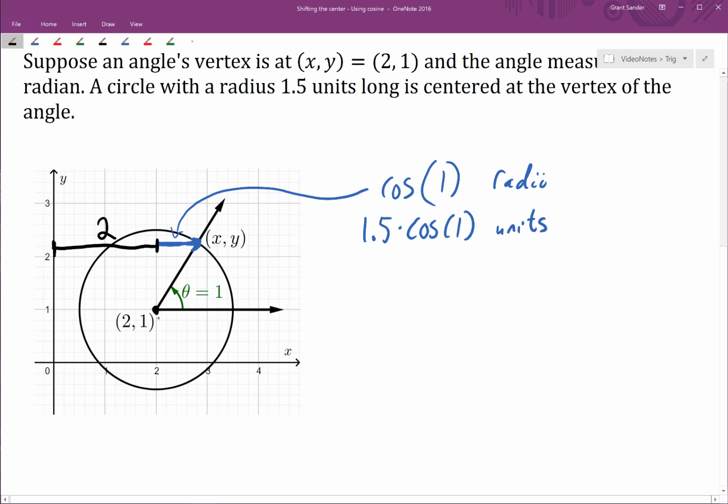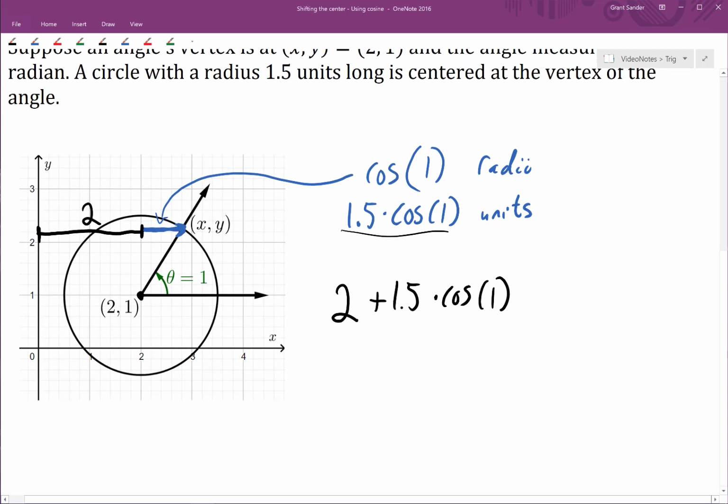So if we want to talk about the terminal point's distance to the right of the y-axis, we start with the 2 units, and then we add on that 1.5 times cosine of 1 units. And therefore, the terminal point is 2 plus 1.5 times cosine of 1 units to the right of the y-axis, which is what the x-coordinate of that point represents. And therefore, the x-coordinate of the terminal point will be equal to that expression. If you plugged this into your calculator, you'd get a value of approximately 2.81,